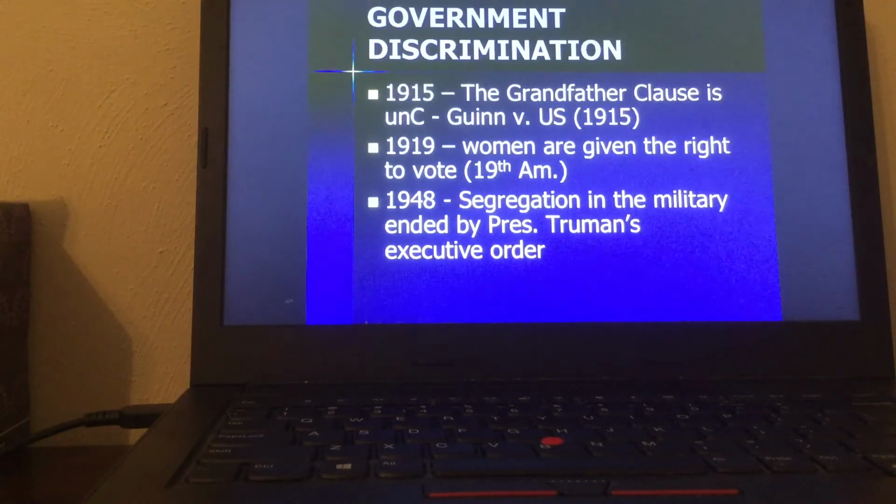And then in 1948, Harry Truman issued an executive order that we're going to integrate the military. Before that, even during World War II, you had separate military units for whites and for African Americans. And Harry Truman said, we're not going to do that. If you're going to serve in the military, you get to serve alongside everybody else, and put an end to that practice. It's around the same time that Jackie Robinson became the first black professional athlete in Major League Baseball. And so things are very slowly starting to change, and this is in the 1940s.